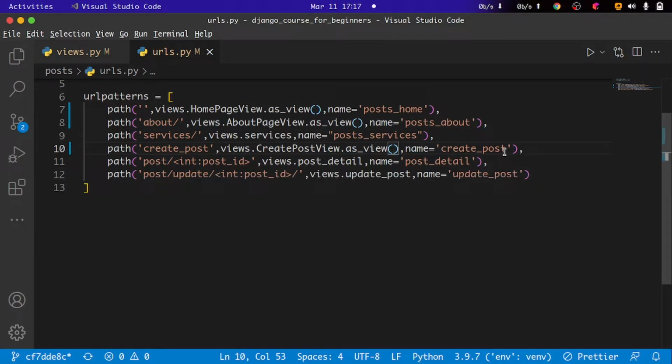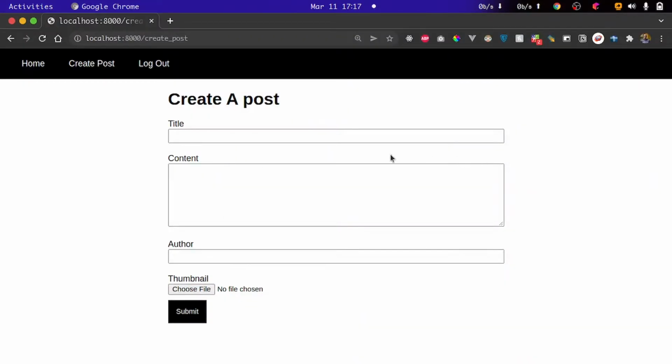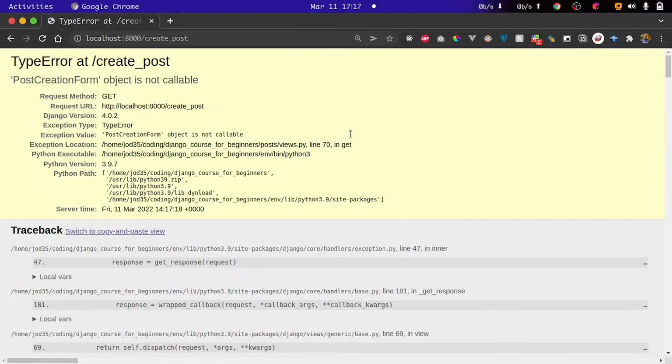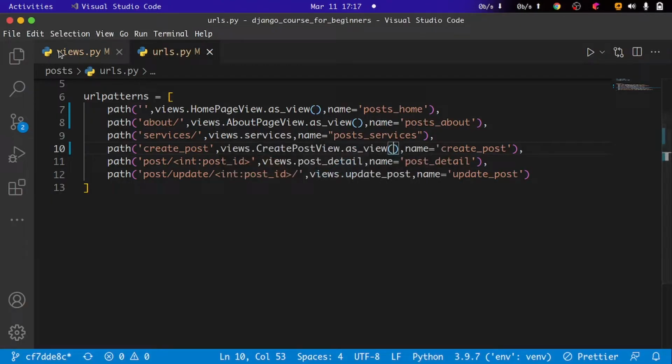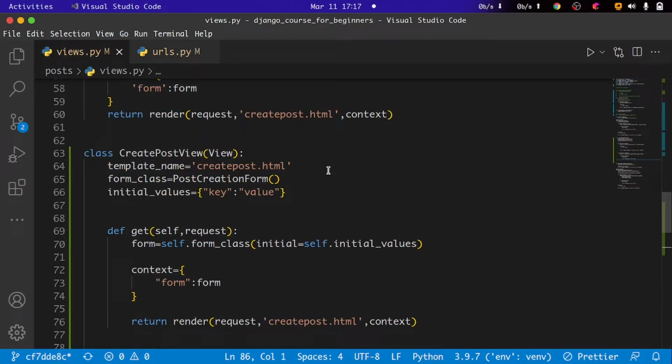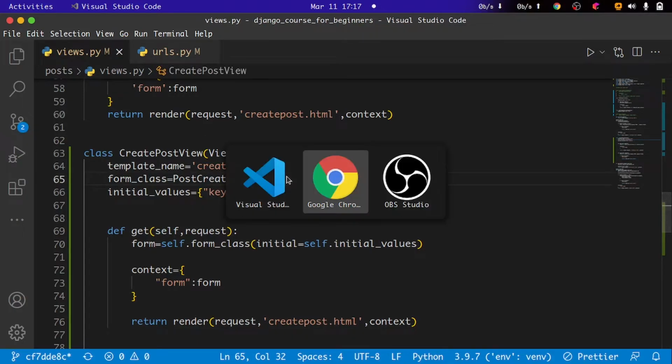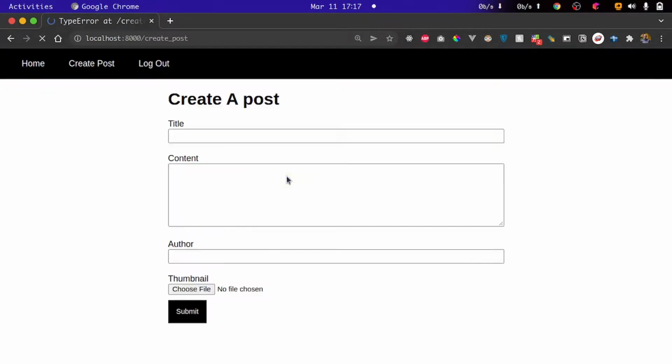So I'll simply go back to our Chrome right here. So let's actually try to create a post. So I'm going to first refresh. We actually have an error here. We have post creation form object is not callable. So let's try to fix this. So when I go back to our views.py right here, we actually made a mistake. This is actually going to be a post creation form. So I'll save. And when you go back right here, when I refresh, we're actually going to have our form